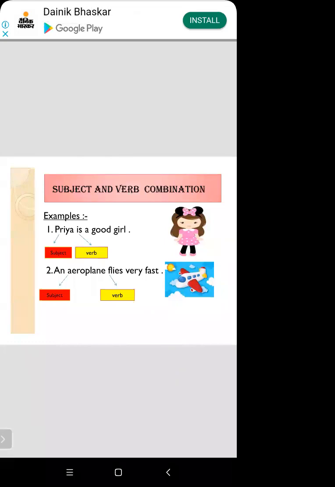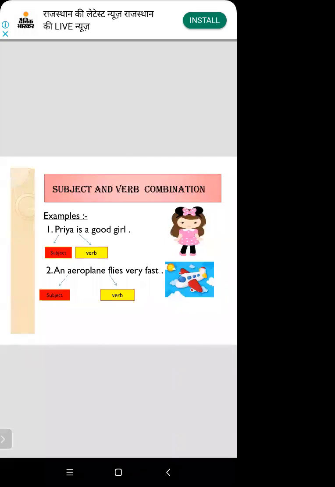प्रिया अच्छी लड़की है. So now I'm giving you another sentence. Ram is a doctor. Ram क्या है? डॉक्टर है. So here you notice the state of being बता रहे हैं कि राम क्या है? डॉक्टर है. So here we use as a verb is, are, am. So now I'm giving you a simple example. When I ask you a question, who are you? So you say I am a boy.